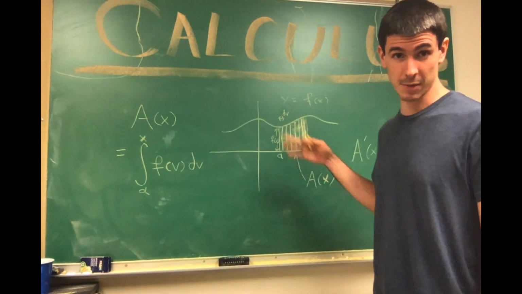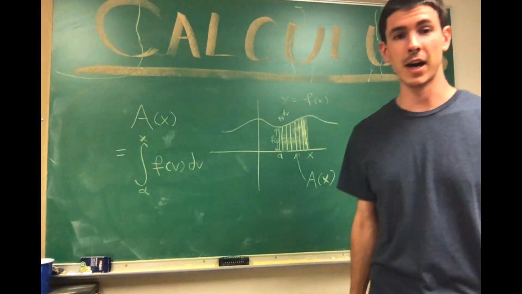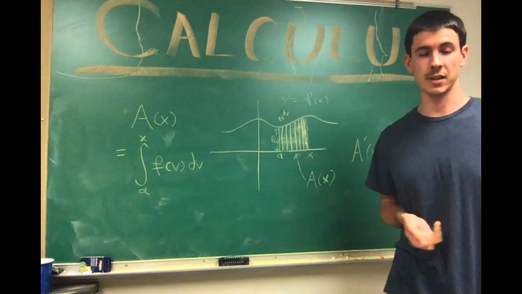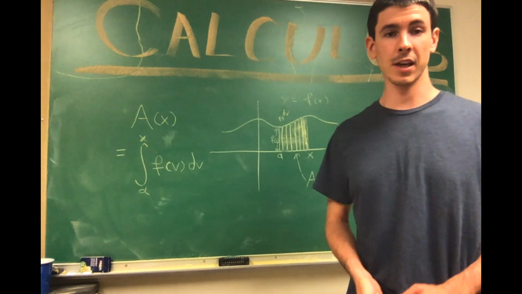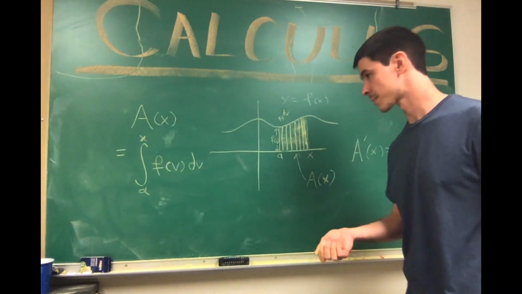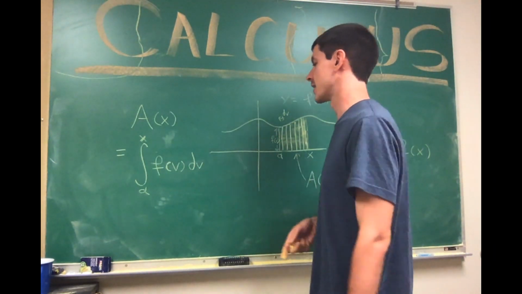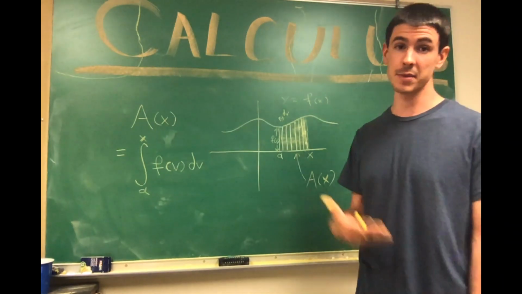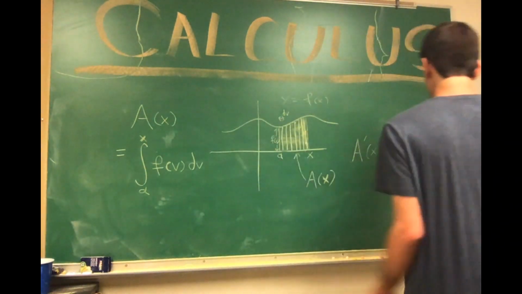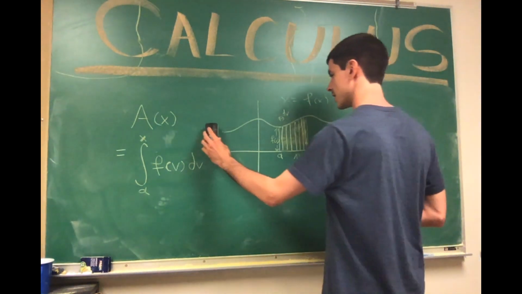And of course, you can approximate it with rectangles in a similar way. It's somewhat analogous to the idea of approximating the tangent line using secant lines. So you can approximate this area with rectangles in this way. But the dv is not really a width of a rectangle unless you believe in infinitesimals, because it's infinitesimally small width if it is a width at all. But we're not going to regard it as a width. We're going to regard it as Leibniz came up with this